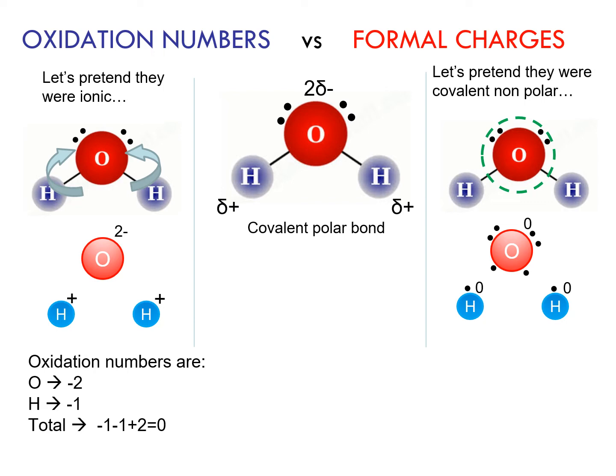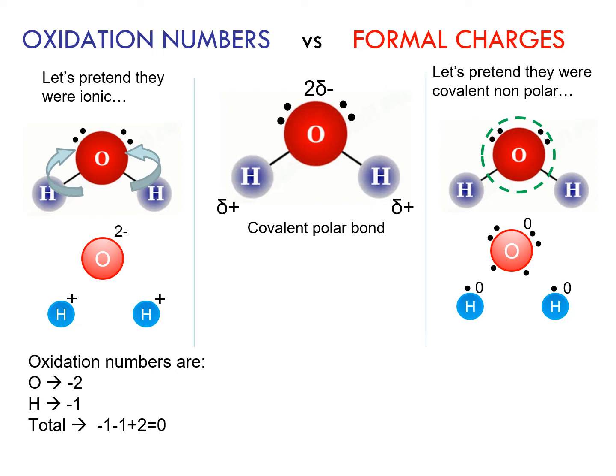We need to compare this number, basically the number of dots around each atom, with the valence electrons. So how many valence electrons has oxygen? 6. 6 is the number of electrons that it has at its starting ground. After we did this breaking, how many electrons does oxygen have? 6. So it has exactly the same number of electrons as its valence electrons. That means that it has not acquired or lost electrons. That means its formal charge is 0.